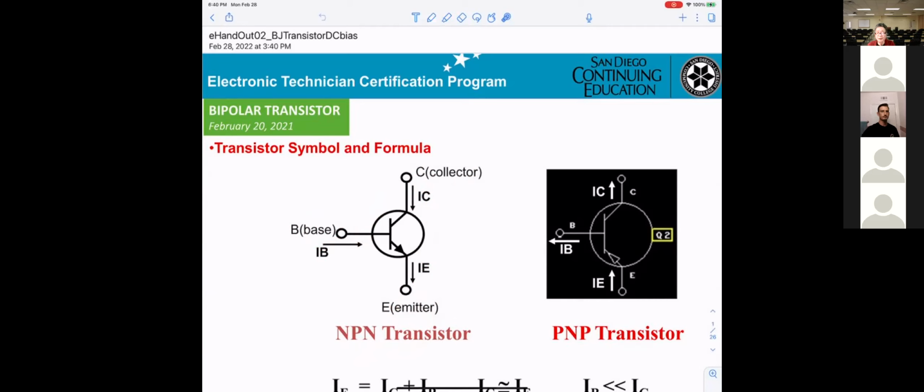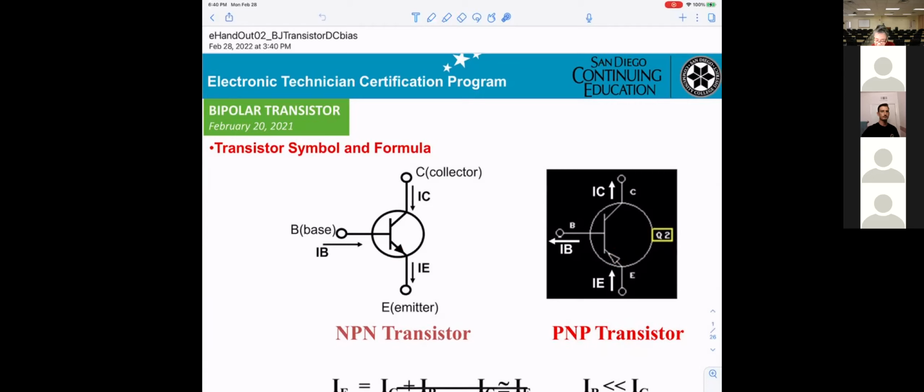And the second one will be PNP. If you look at the symbol, you can see the difference. The emitter here has the arrow pointing out. On PNP, the arrow points in. That will be the PNP transistor.